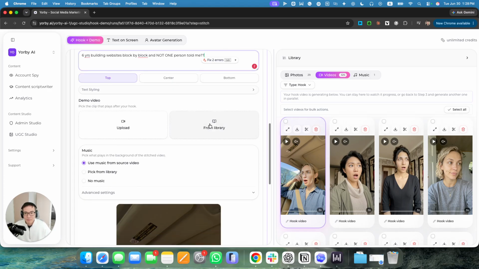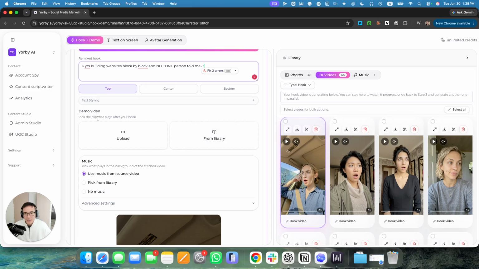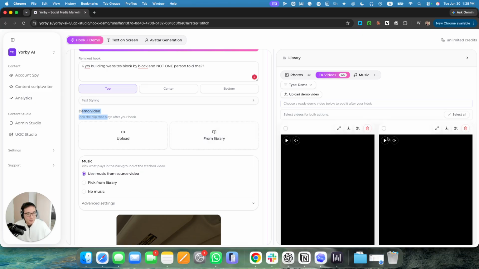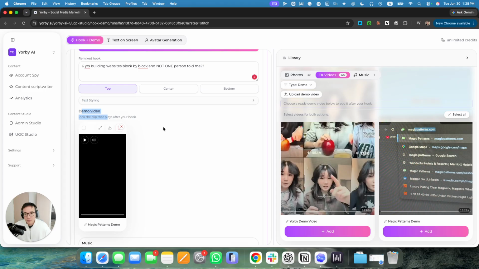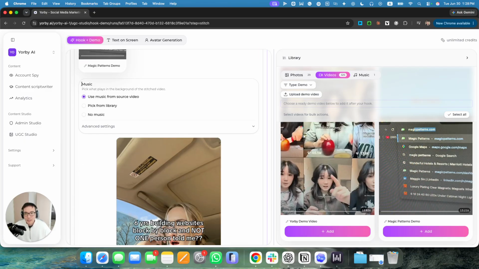All right, next step, you can add a demo video from your library. Now, this is where you're going to have to film a demo video yourself and add it in. But after you film the demo video once, you can pretty much just reuse the same demo video every single time. In terms of music, usually 9 out of 10 times, you're going to be using the music from the source